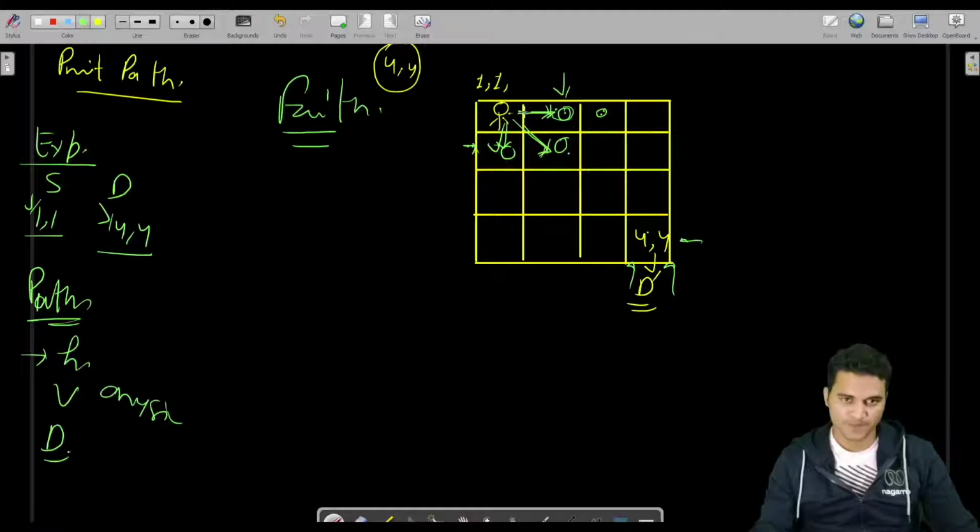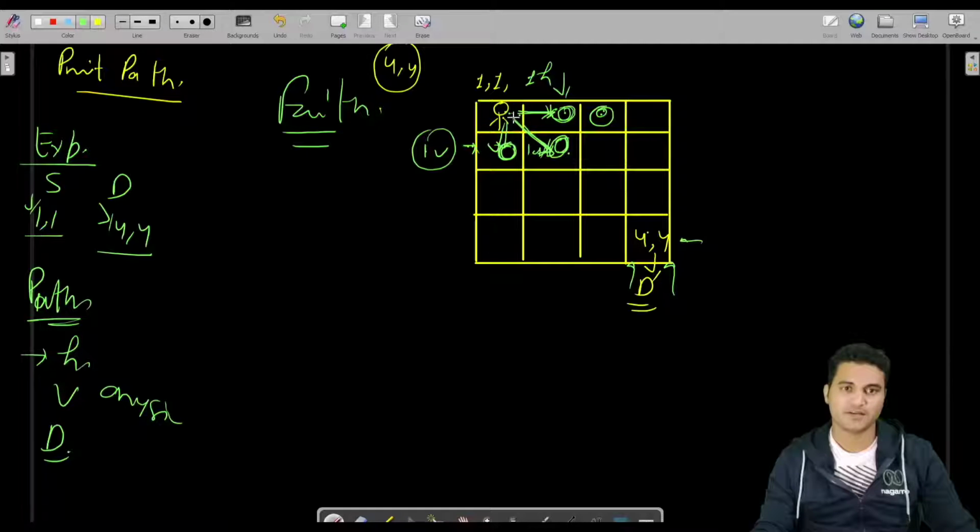So what I will do here, in front of the paths which I will get from here, I will add one step horizontal, in front of these I will add one diagonal, and in front of these paths I will add one vertical. Fine. So as you know, we can make a direct call from here to here also.